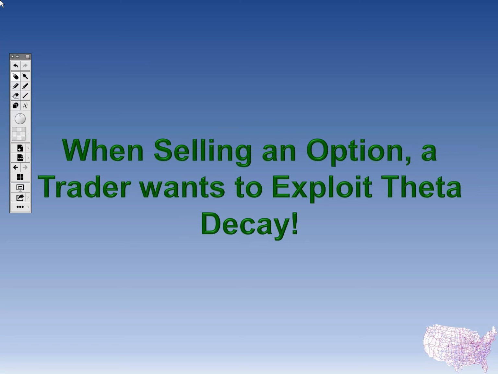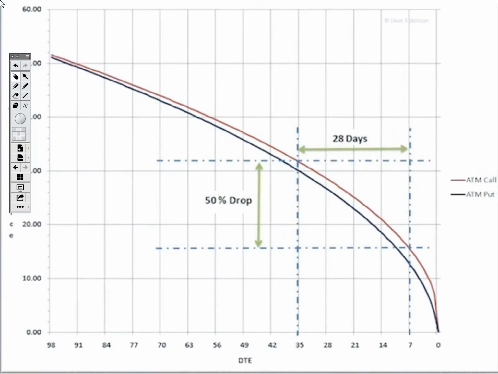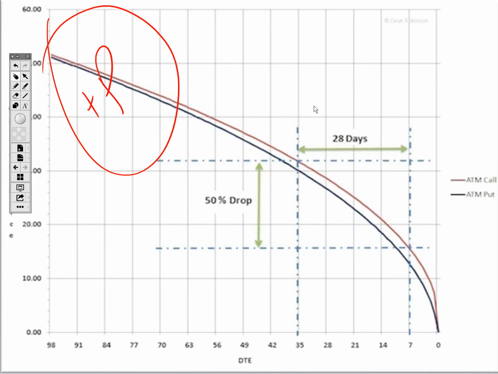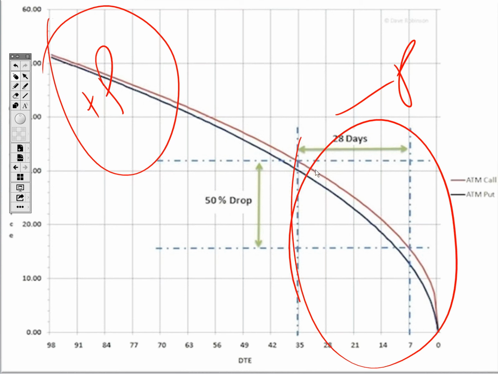Well, spoiler alert, we're doing both in this one. What we're going to be trying to do is buy out here. We're going to be buying our put out here, and we're going to be selling a put inside of this area. So we can see what happens in the puts that we're selling. This is theta. This is representing what happens to our premiums according to theta. And we can see theta gets really aggressive inside of 7 days.